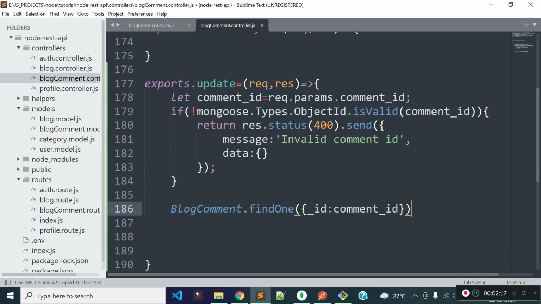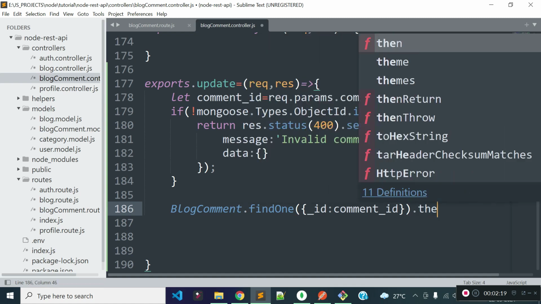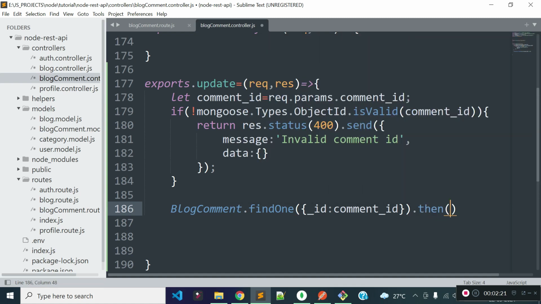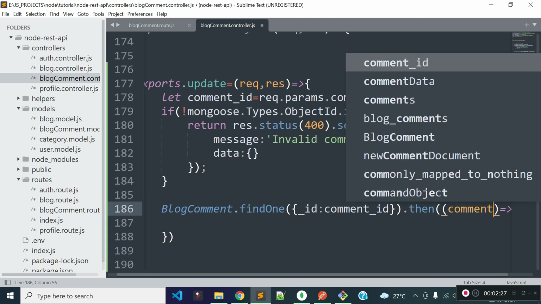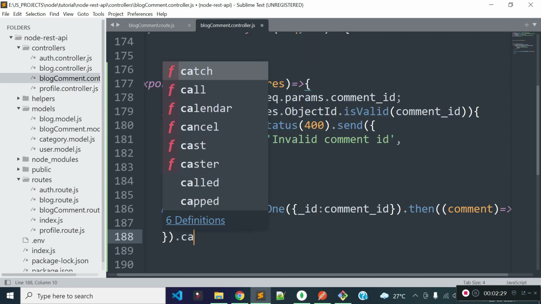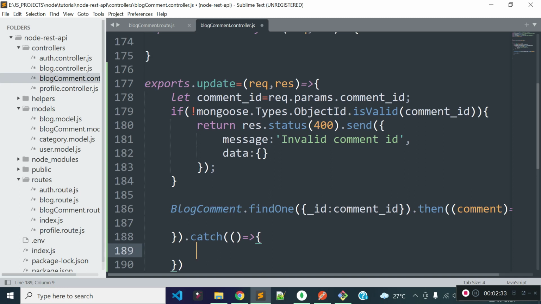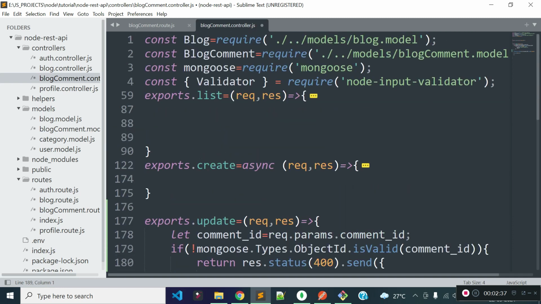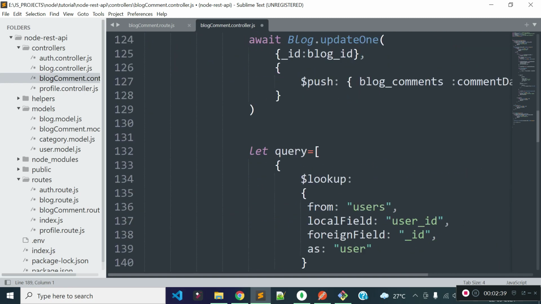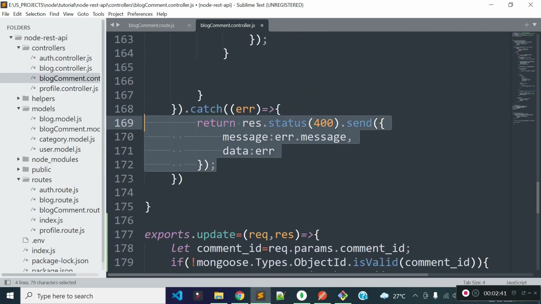So we can use async await or we can use a callback method to get the data. So we'll get comment data in this callback method, and if any error occurs, then we can catch the error inside this catch block, and I'll return a JSON response with the error data from this catch block.